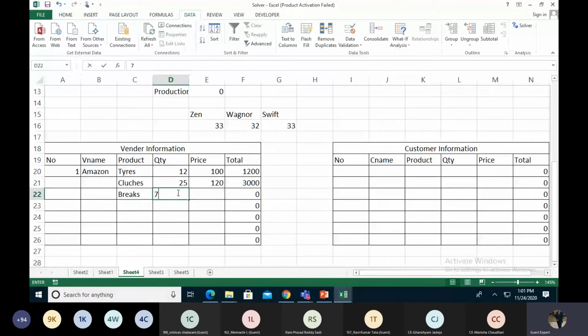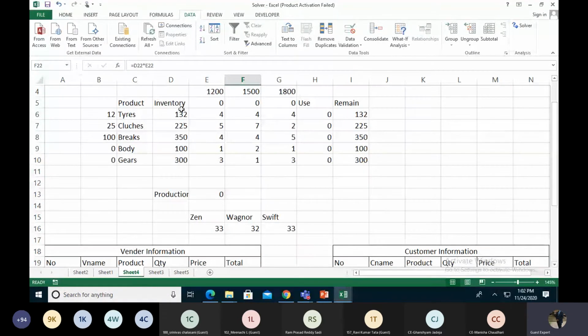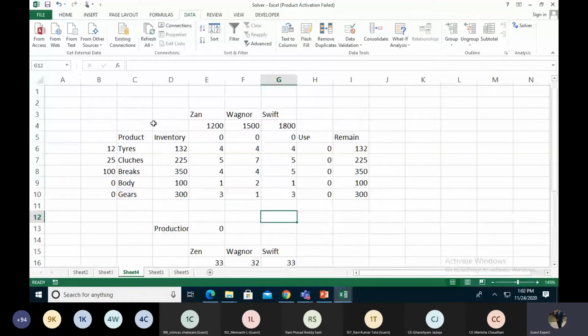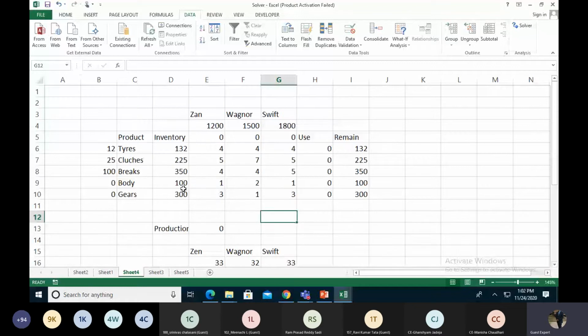Brakes, I purchase 100, 25. So the most important thing depends on the tire, because we are using our tires the maximum. We are just making 5 as well, as we maximally use our tires. So when we add the product quantity, they are automatically added.